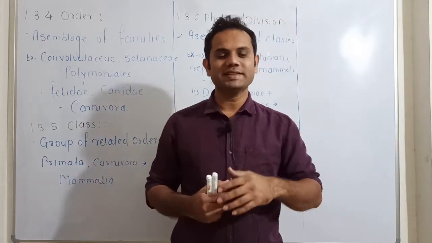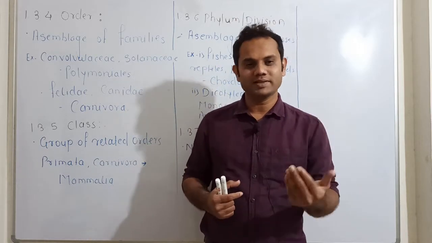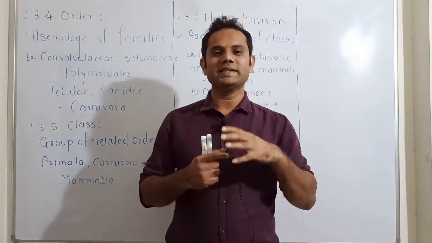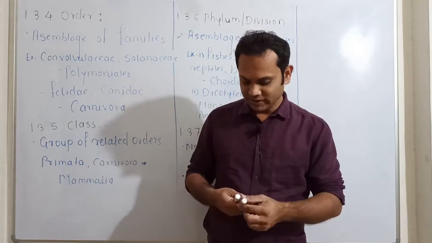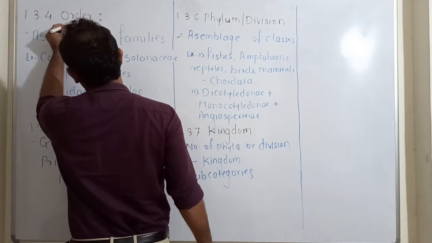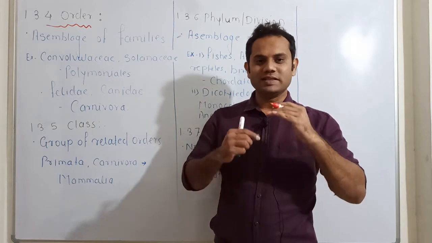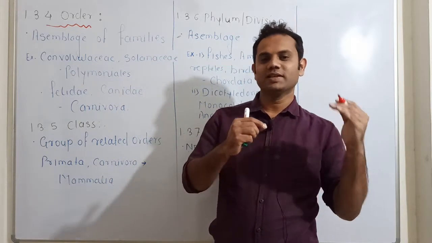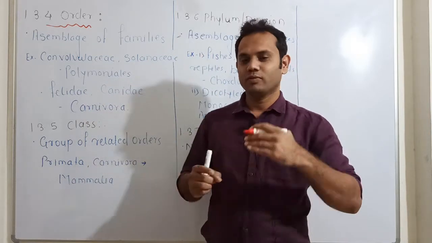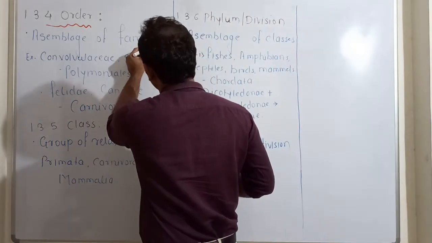Then after that we have seen the genus. What is genus? That is the group of the species. Then we have seen the different examples. Then we have seen the family, which is a group of related genera. And moving forward in this lecture, we'll see the next higher taxonomic category, that is the order. So what is order then? Up till now we have seen genus, it is a group of species. Family, it is a group of genera. Then what is order? Order is the assemblage or group of families.